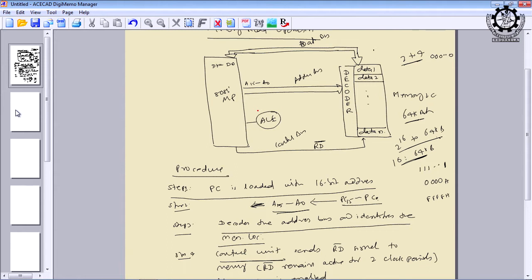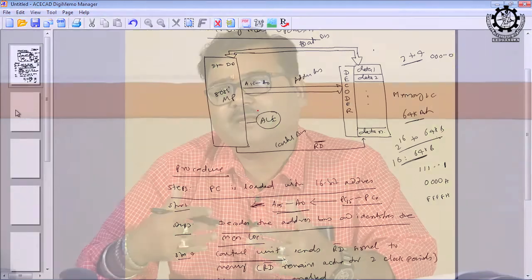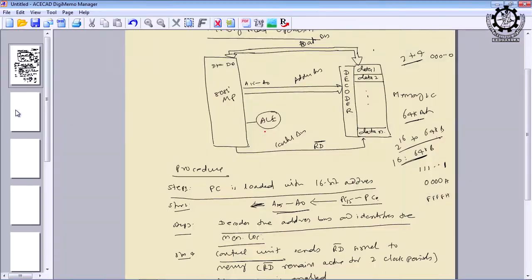Because once the data bus is loaded into that A0 to A7, the address will disappear. It is simply a wire, either it will carry 0 or 1, nothing else. Therefore, we must latch. But when to latch? That will be controlled through the ALE. When the ALE signal is high, it will be holding the address. So, A0 to A15 will be treated as A0 to A15. Whenever the ALE signal is low, it will be treated as D0 to D7.